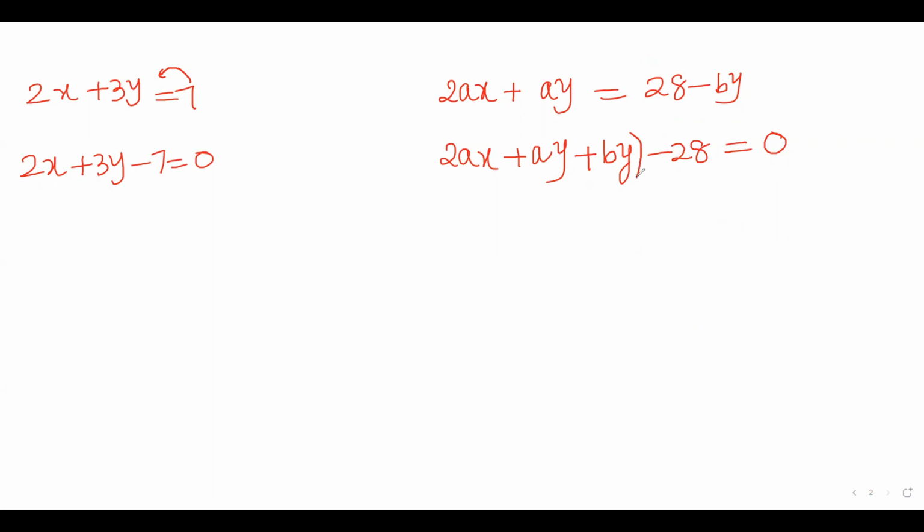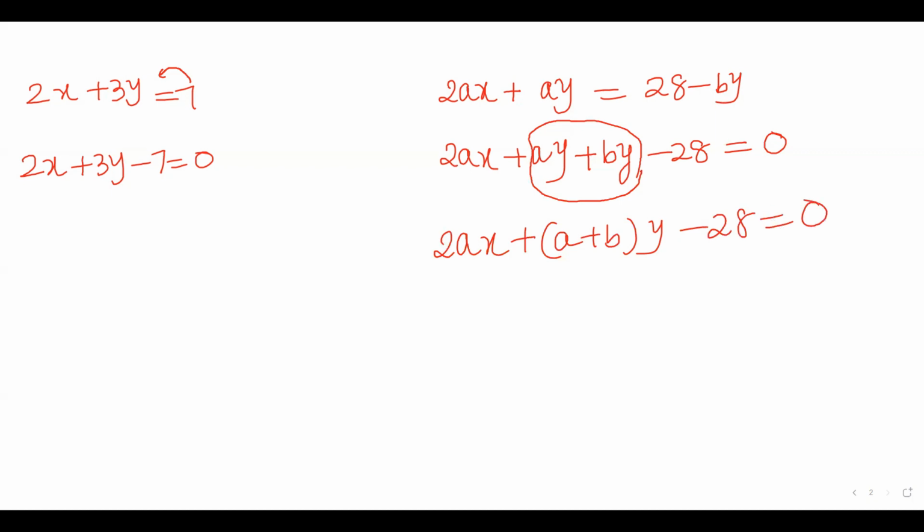यहां पर आप y कॉमन ले सकते, इक्वेशन को प्रॉपर बना सकते। 2ax प्लस y कॉमन लेने से a प्लस b बचता, -28 इज इक्वल टू 0। ये क्वेश्चन का ट्विस्ट यही है कि आपको सेपरेटली ट्रांसपोज करके y टर्म्स को सिंप्लीफाई करना होगा आपको। नाउ